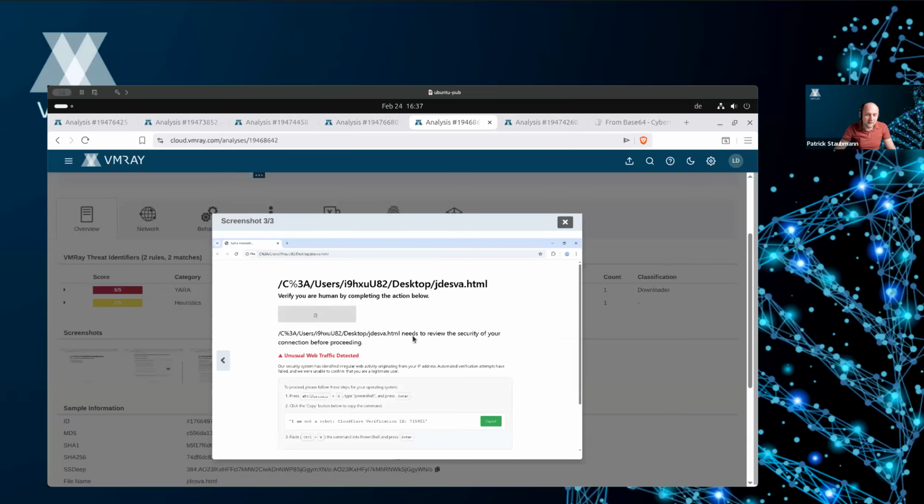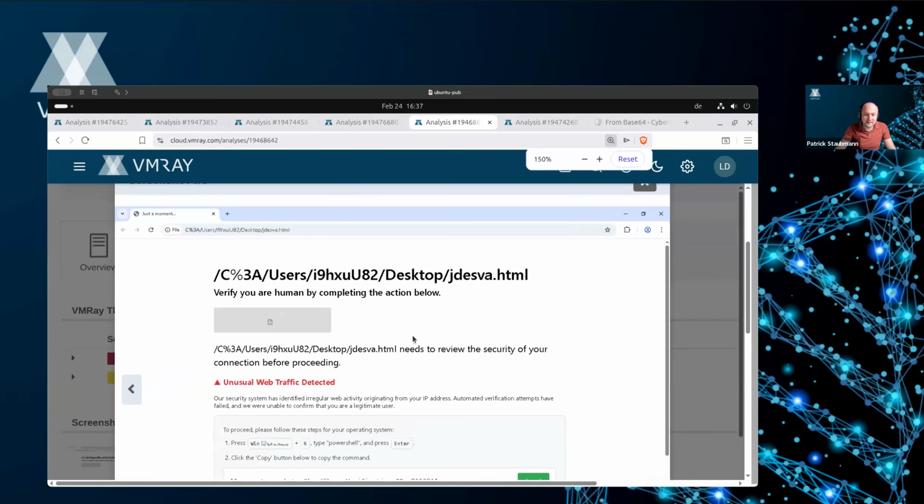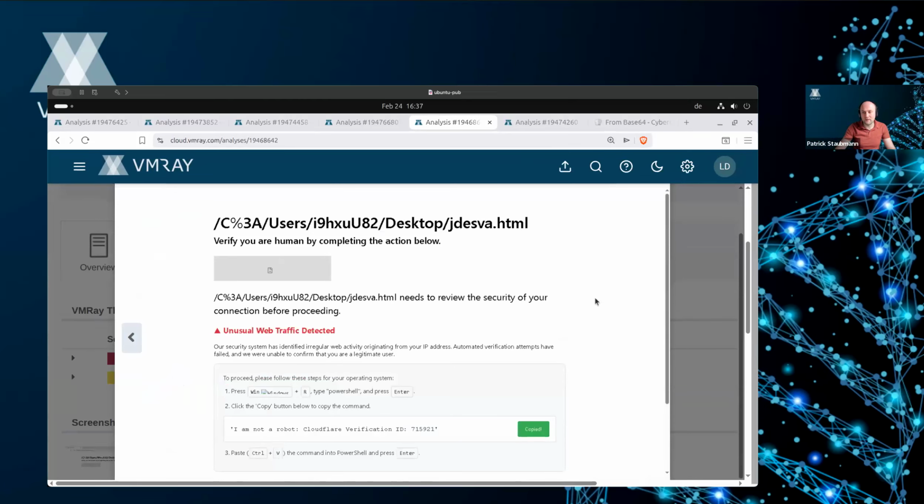If I'm zooming in here, ClickFix pages always followed the same structure. They had this fake captcha, usually the Cloudflare turnstile one. And if you click that, they pop up instructions on what you have to do to fix that issue.